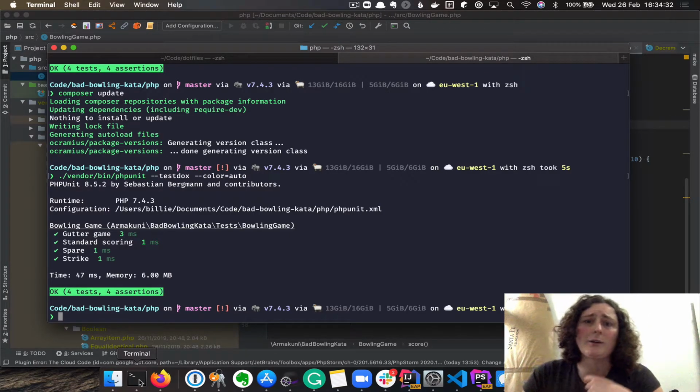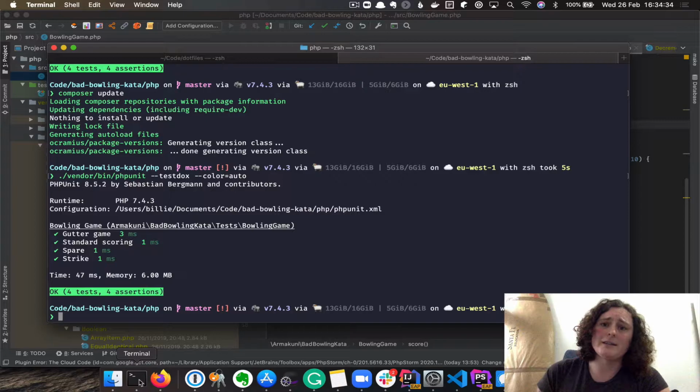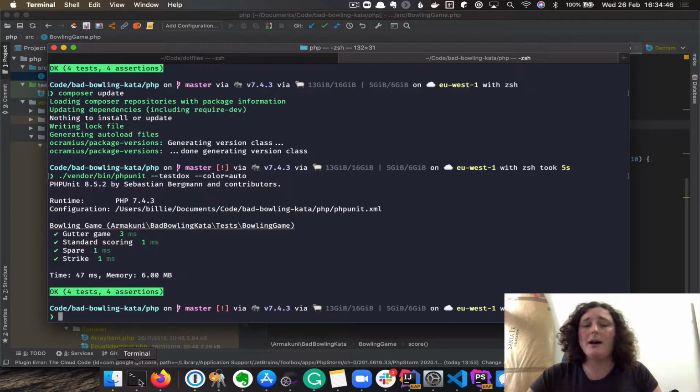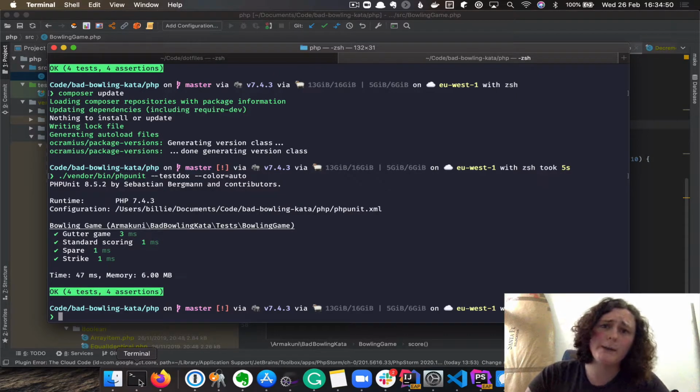There's a gutter game. There is a standard game where no one scores any special scores, where it just adds up all the scores. There is a spare, where someone knocks down all of the pins, but in 2 rolls. And then there is the well-known one, which is the strike, where you knock down all the pins